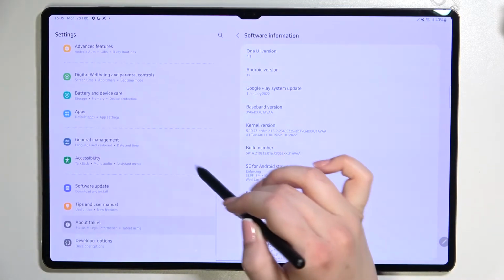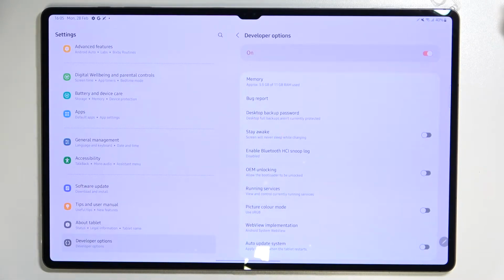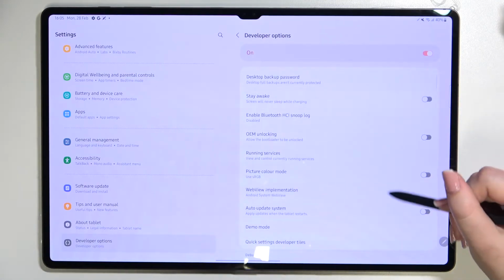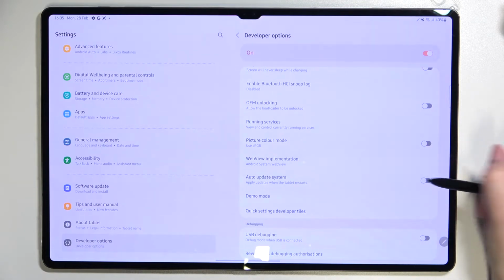So now we can switch to the left section and swipe to find developer options. And as you can see here, we've got plenty of advanced settings which we can customize, but all we need to find is the option Auto Update System. So here all we have to do is to simply tap on the switcher, and from this moment this option is active,